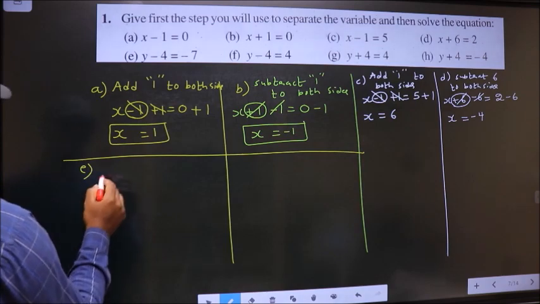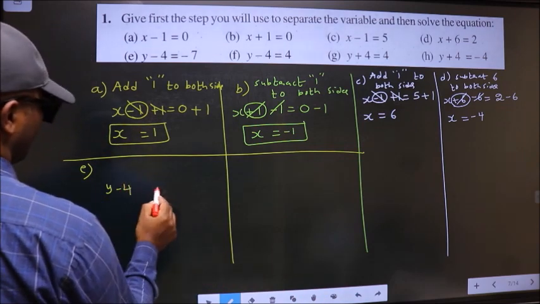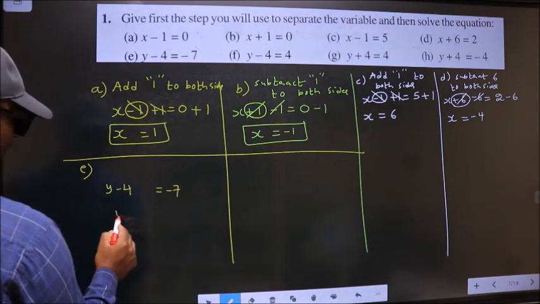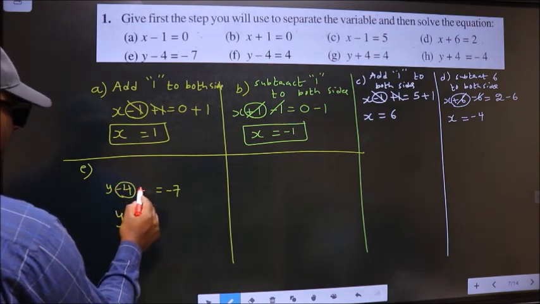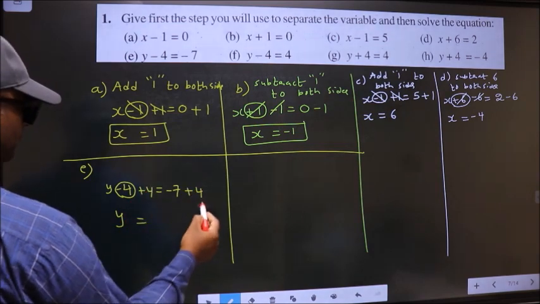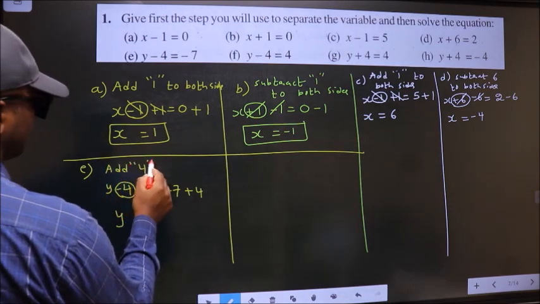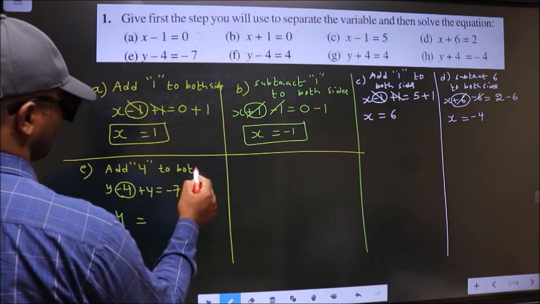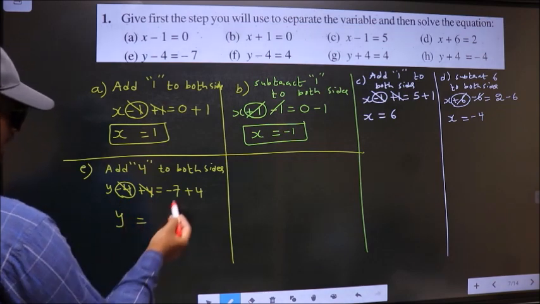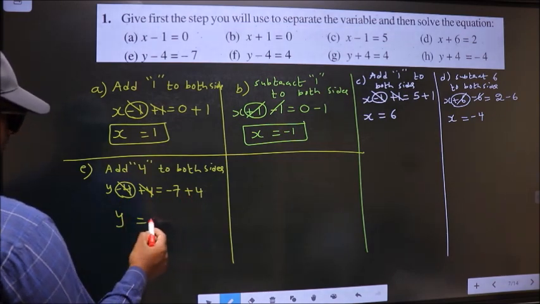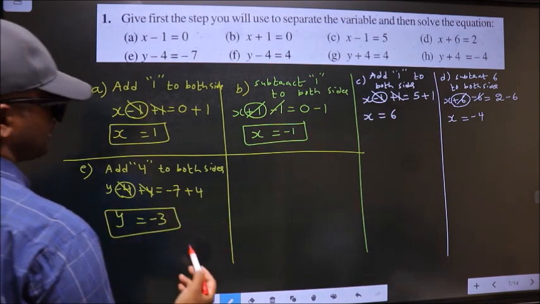E. y minus 4 equal to minus 7. Now to get value of y, we should remove minus 4. To remove minus 4, you add 4 on both sides. So step is add 4 to both sides. So now minus 4 plus 4 cancel out, here y and here minus 7 plus 4 is minus 3. This is our answer. Next,